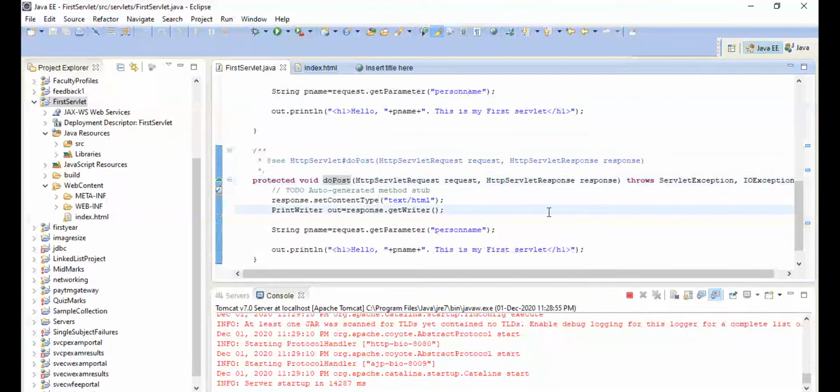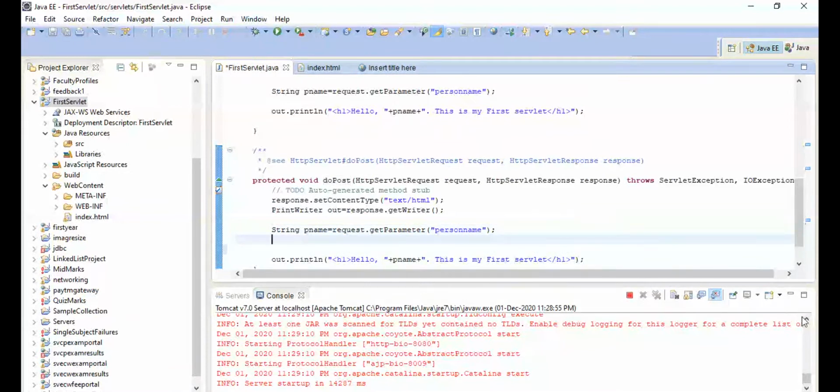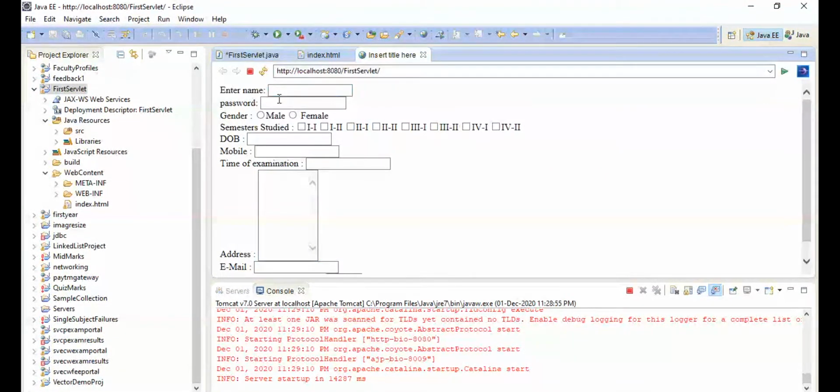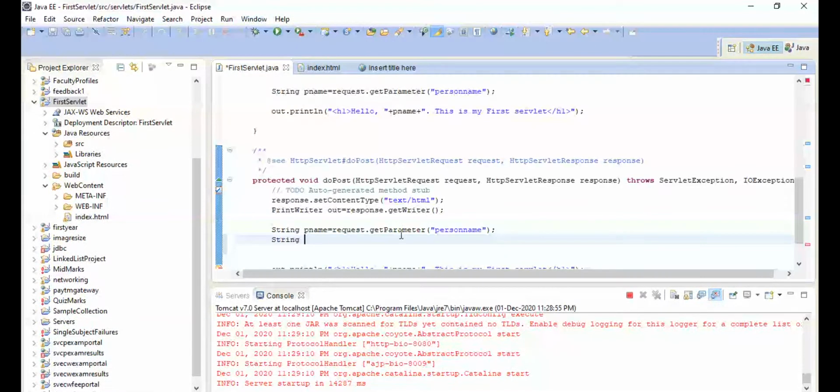So one by one, tell me how to access the controls here. What are the different names we are placing in the controls? The first one is name. I think the name has already been read, with getParameter.